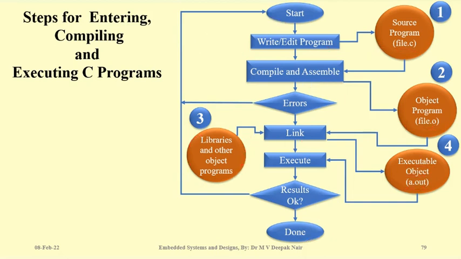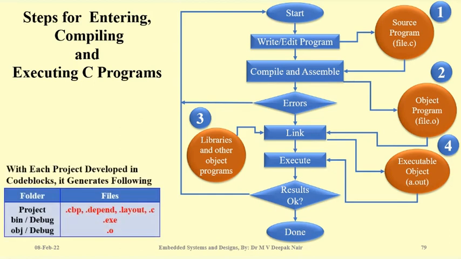Okay, so this you can correlate with the previous slide. Otherwise, this is just about C program compilation, whereas in the previous slide I showed you all about the loader and all. These are the files which are generated whenever you write a program, like I showed you before: .c, .layout, .depend, sometimes .cbp, .exe, .o. These are the files which are generated during one compilation of a C program. It is not just a C program.